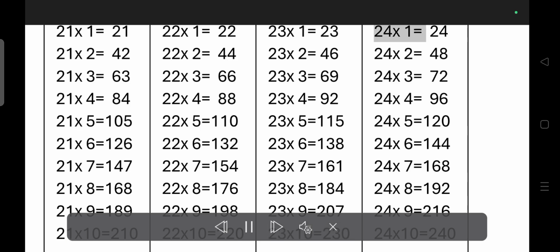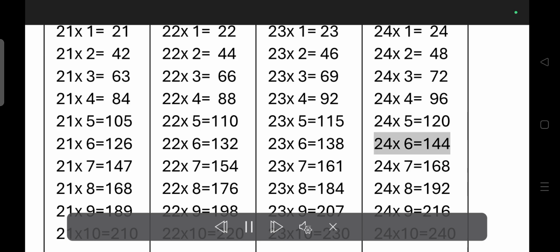230. 24 times 1 is equal to 24. 24 times 2 is equal to 48. 24 times 3 is equal to 72. 24 times 4 is equal to 96. 24 times 5 is equal to